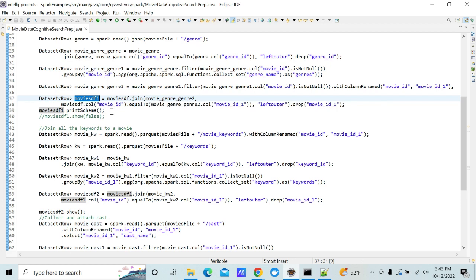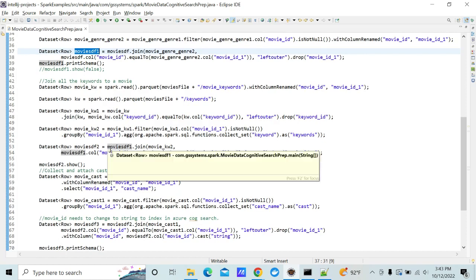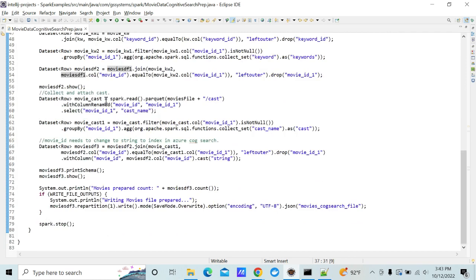So we do the same exact thing for two other things, right? Keywords. We get all the keywords, we join the keywords, collect the set, and then join back. Same way we do for the cast. So we take the movie cast, join that, collect the cast as cast name, and then we join back. So at the end of all these processes, what you will have is